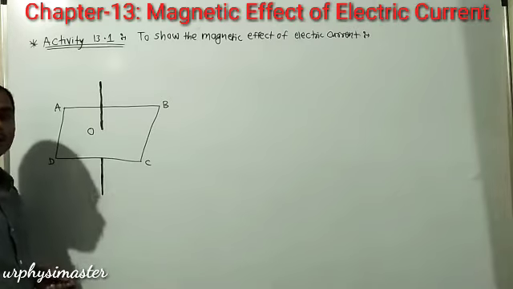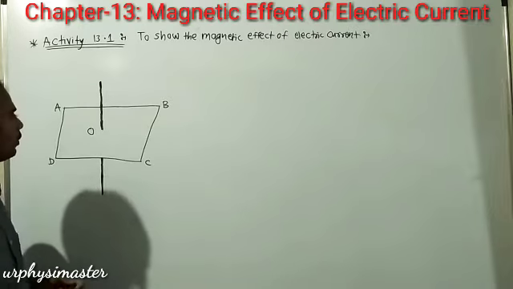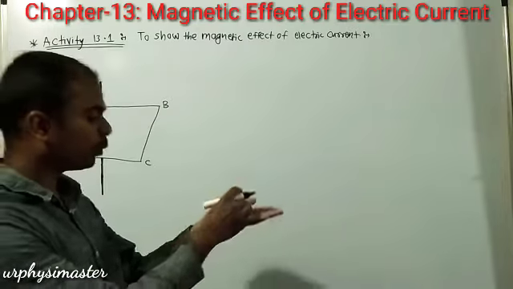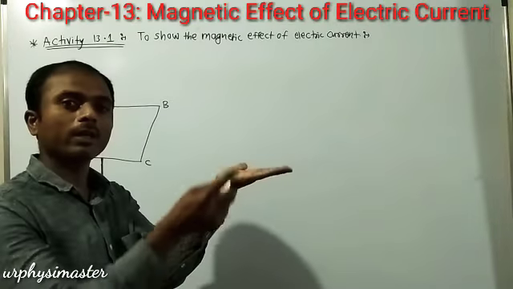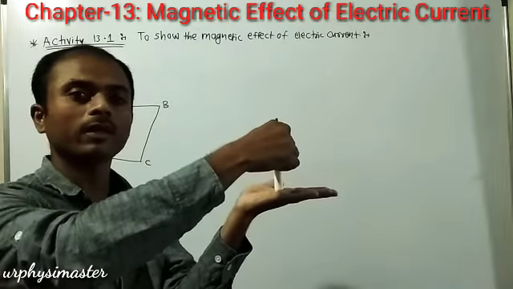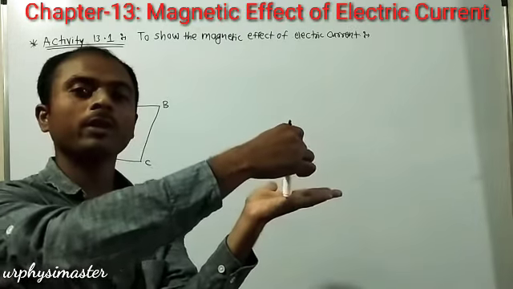This copper wire is perpendicular to this cardboard. Let us suppose this is the cardboard, then this copper wire is passing through the center and perpendicular to the